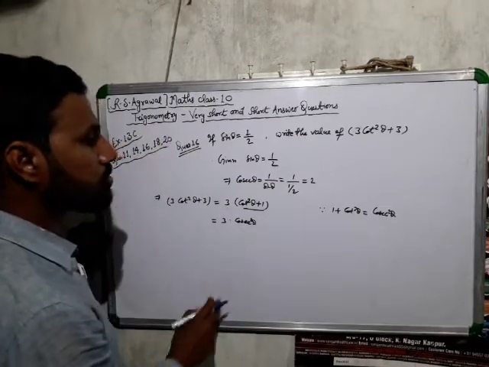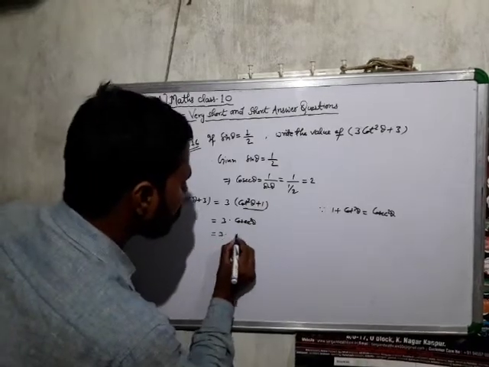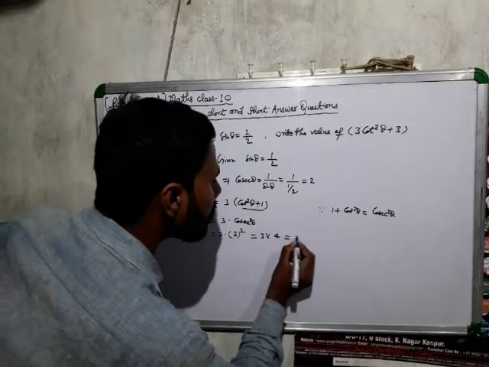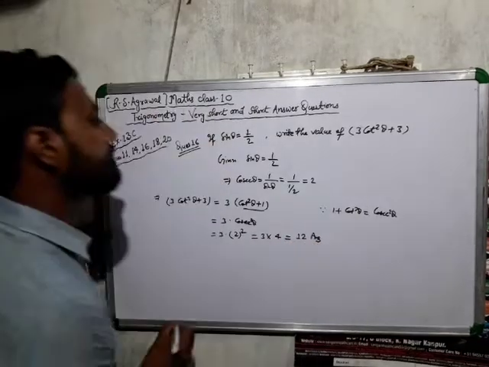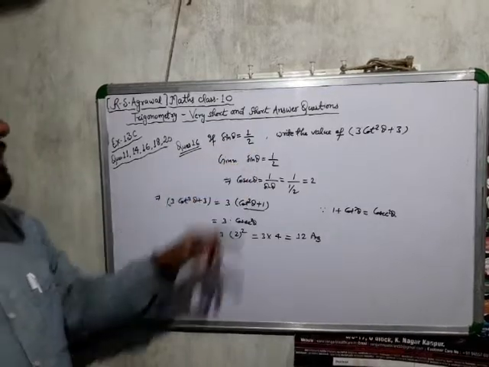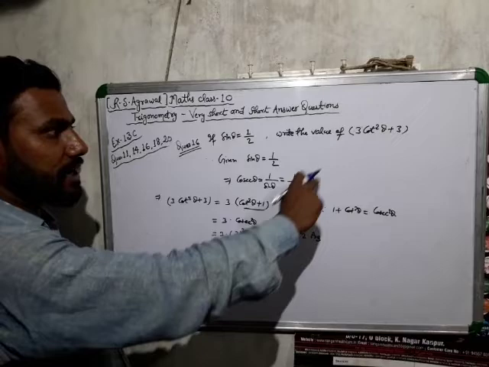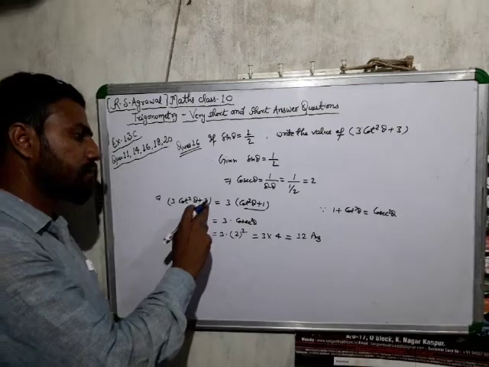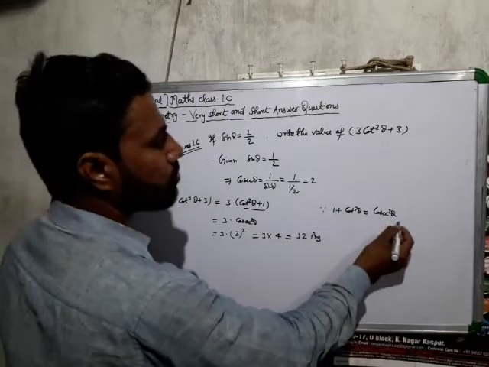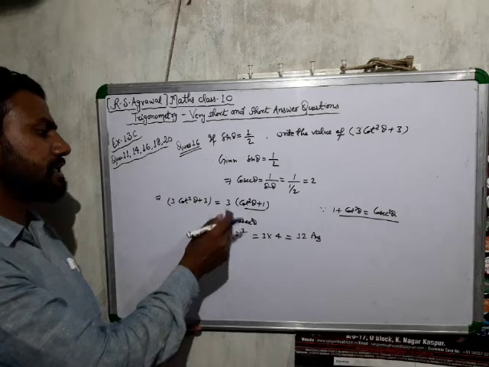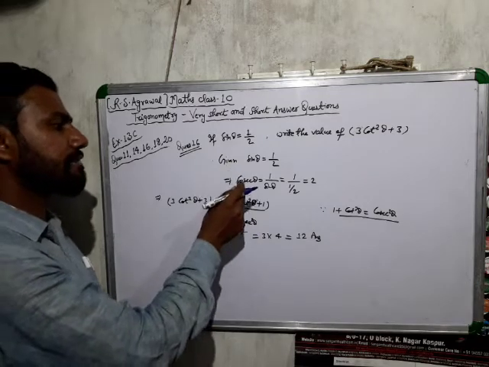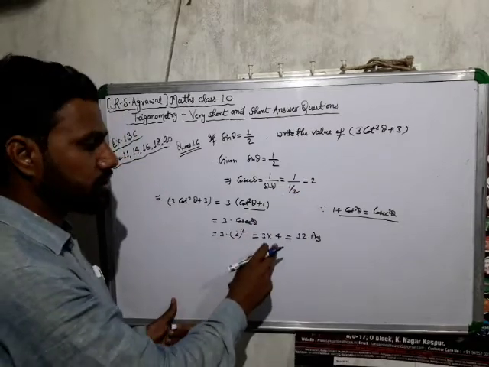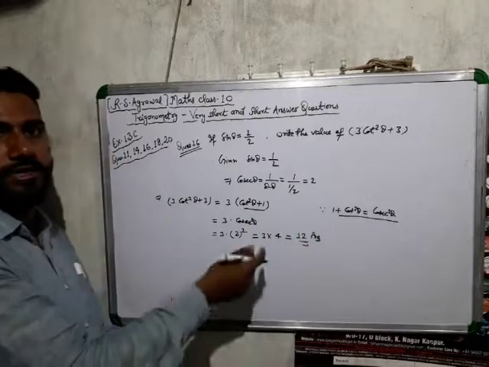Then cosec square theta is equal to 2 square, which is 3 into 2 square, which is 3 into 4, which is 12. 12 is the answer. Here, sin theta is equal to 1 by 2, which implies cosec theta is equal to 2. The value of 3 cot square theta plus 3 is 3 common, cot square theta plus 1, and 1 plus cot square theta is equal to cosec square theta. This implies it is equal to 3 into cosec square theta. Given that cosec theta is equal to 2, putting the value of cosec theta as 2, the square is equal to 3 into 4, which is 12. This is the answer. Noted it.